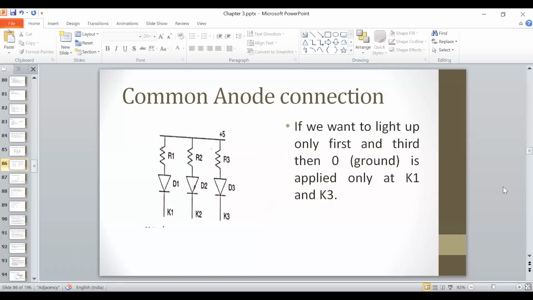In the case of common anode connection, your common anode is connected to the power supply. So the anode part of all the LEDs are connected to a single power supply. So already one is coming to all the LEDs. Now if I want to light a specific LED, then I have to provide the voltage 0 on the cathode side. So suppose I want to light only the K2 LED. So if I want to light only K2 LED, I have to connect the cathode part of this LED to the ground. So when I connect the K2 part of this D2 LED